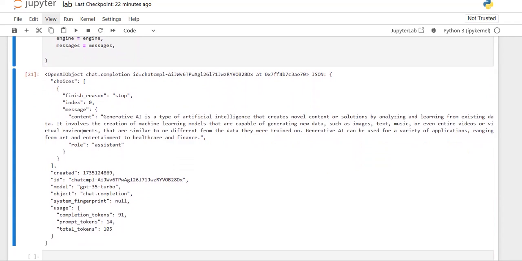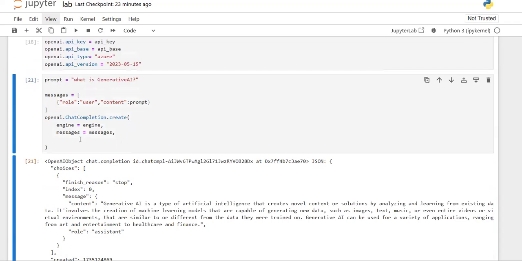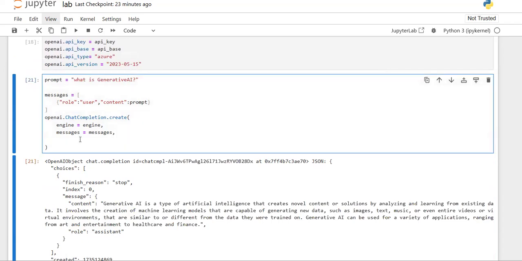And if we observe, some other details are also visible here, like what model it is using. It is using the GPT-35 turbo model. And you can see the tokens, the total number of tokens used, and the prompt tokens and completion tokens are also visible. We can do some more things, like we can control the randomness of the output by providing the temperature